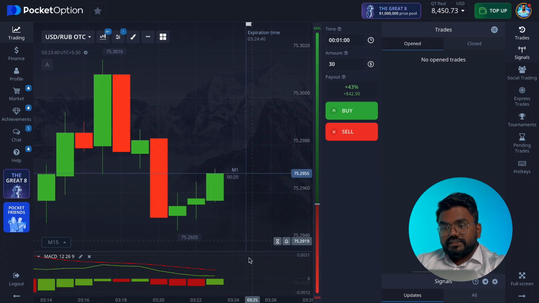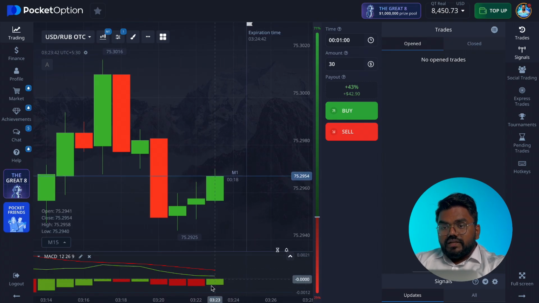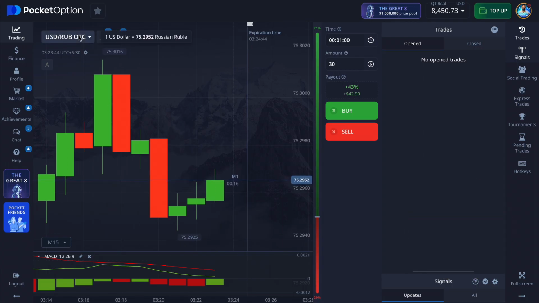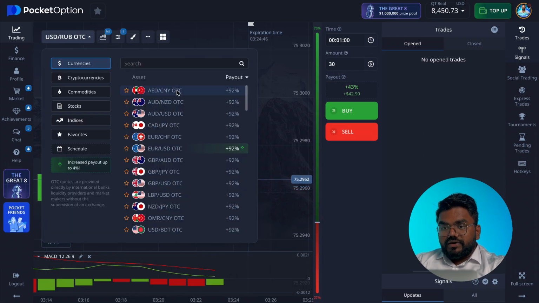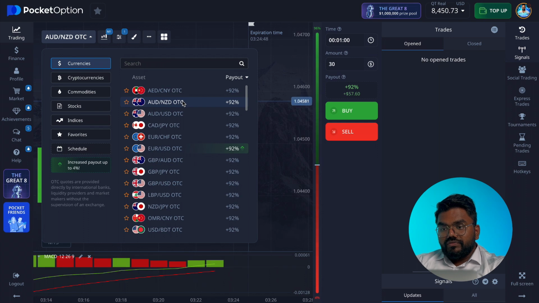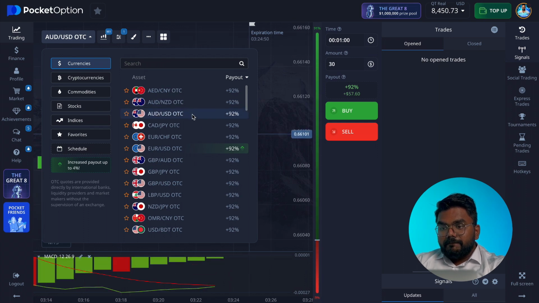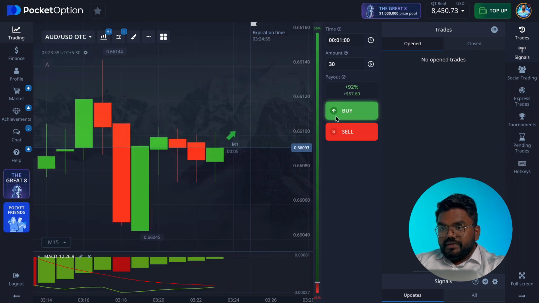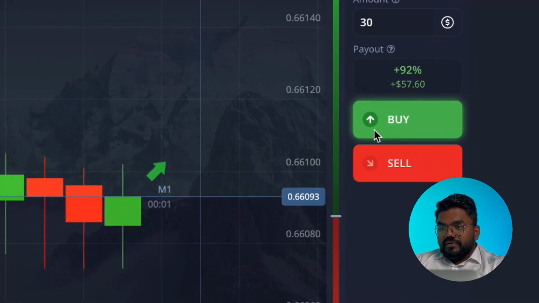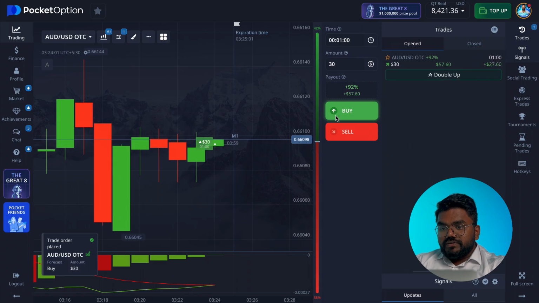These are the lines that intersect with each other. There is a currency pair, and you can select the currency pair according to your preference. Let me give you an overview of the currency pair. Once the currency pair and everything has been sorted properly, you can make one trade. I did it for you as an example, so you can see that trade and how I analyze the market.